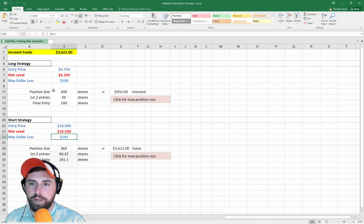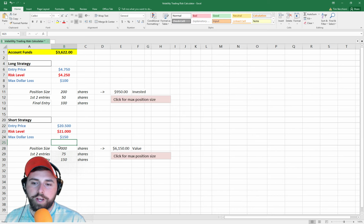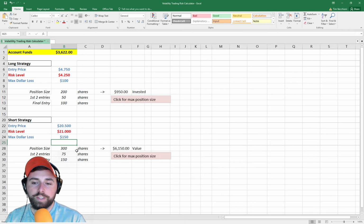I have an Excel sheet that I made where, let's take that one for instance. Say we entered at 20.50 and say we were risking off of 21 and say our max loss is 150. So our position size should have been, in this case, 300 shares, if you took 300 shares at 20.50 risking off of 21. If you break those into two smaller entries, 75, 75, and then you hit that final entry with 150, in this case, I went to 100, 100, and 200,